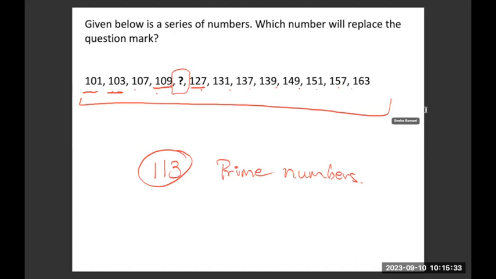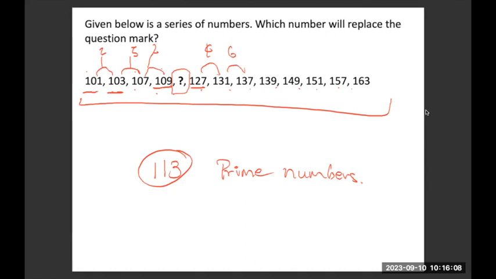All of them are odd numbers. But even if they are odd numbers, they don't follow any sequence. So the next question comes, if they are odd numbers and not following any sequence in terms of difference. So this is a difference of 2. Between these, the difference is 5. Between these, the difference is again 2. We have the missing number, so I will skip that. Between these two, the difference is, one second, what is it? 131. The difference is 4. So 2, 5, 2, something else, 4, and then here it's 6. So there is no logical sequence in terms of difference. So I will say